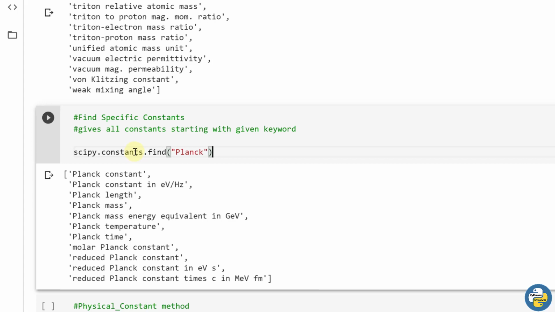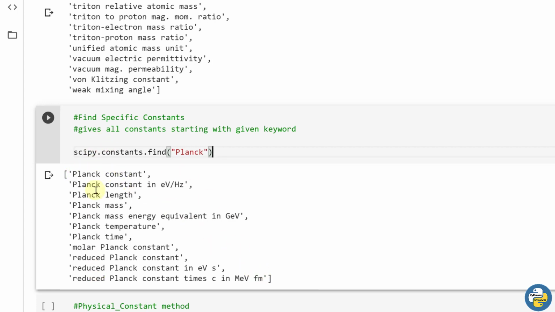So scipy.constants.find, in that you have to pass a keyword. It's not necessary that you know exactly what is stored in the module, you just have to write Planck. So all the constants having Planck in their name will be returned as strings in a list format.